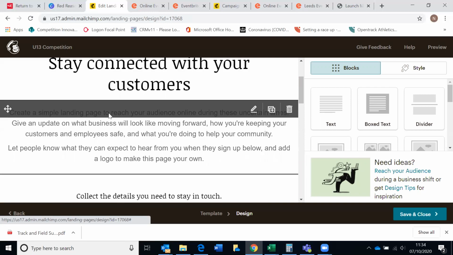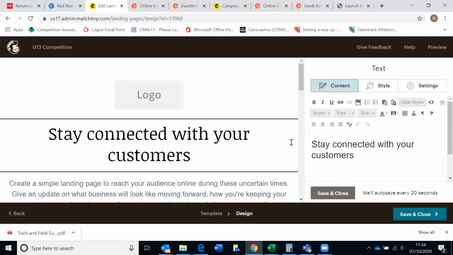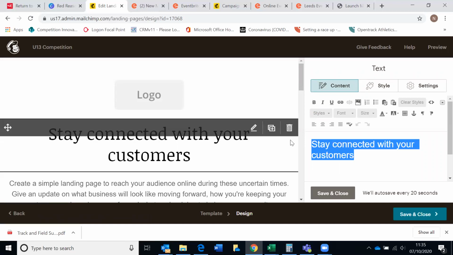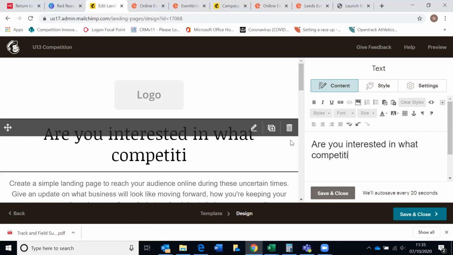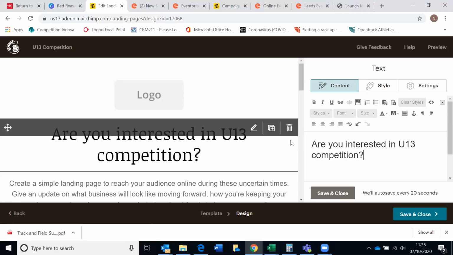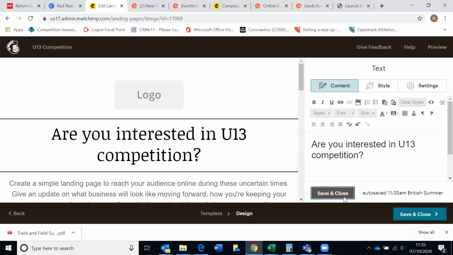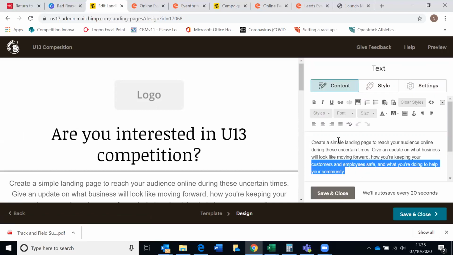So it says create a simple landing page to reach your audience during these uncertain times. So we could put in here, stay connected with your customers. So we'll change that and we'll edit that with the normal little editing tool button, and we'll just say here, are you interested in under 13? Are you interested in under 13 competition? Save and close that. And then we could change this other little blurb by saying